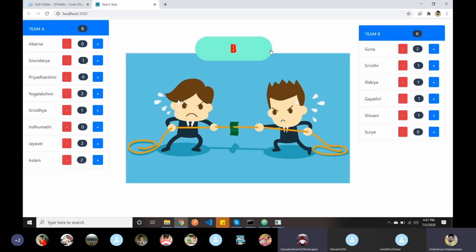Completely you are out of the world, man. Life cycle methods in React. I'm not asking about what is React and Redux. Life cycle: component will mount, component did mount, component will receive props. We did not use that. We used so far component did mount alone. But before that, you missed many functions.